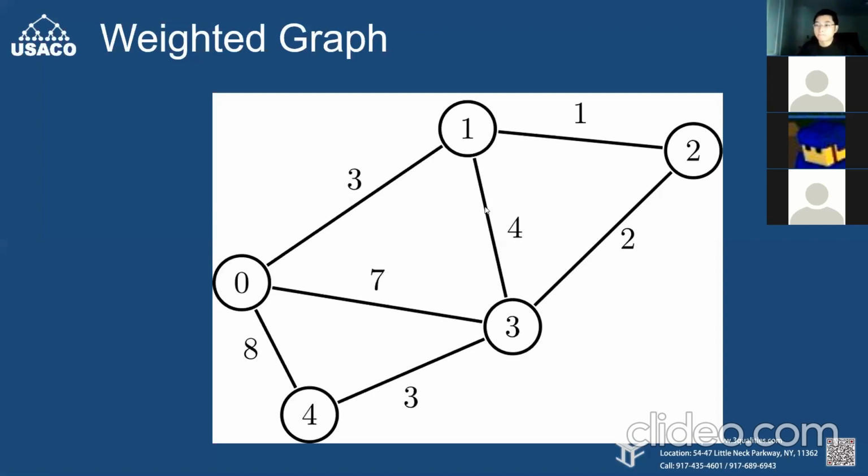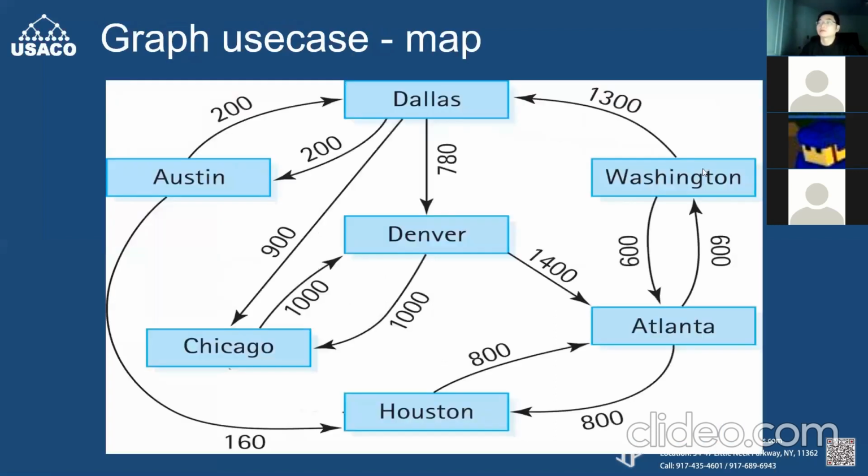Okay? So how to understand that? Weighted graph. Let's take a look at this use case, this example in our daily life. The nodes here or the vertices here are very familiar, right? They are cities. There are cities in the US. And you can see cities are connected to other cities, like Austin, Dallas, two cities in Texas. They connect to each other,